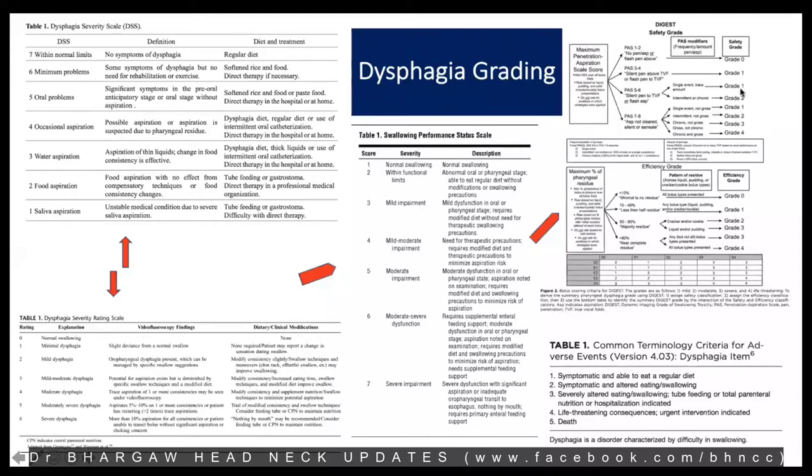Basically, it has two components. It assesses the penetration aspiration score, and it combines it with the pharyngeal residue, that's the amount of residue of food or contrast in the aerodigestive tract. Then you have a template where, once you score the patient, you see what grade of dysphagia the patient has. It's categorized into mild, moderate, severe, and life-threatening dysphagia.